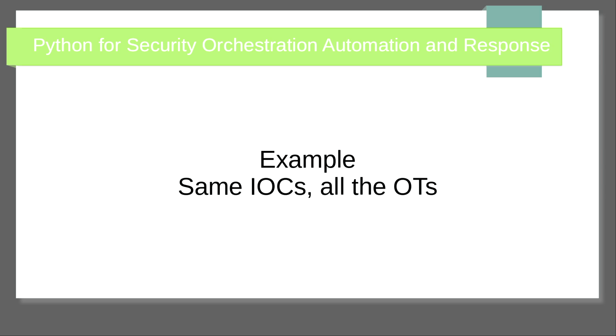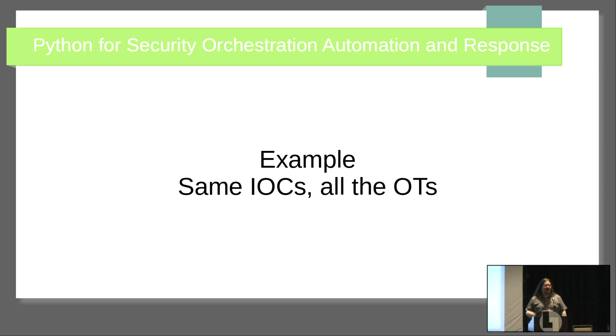So another example is you've got the same IOCs, and you want to send them to all the OTs. For those not aware of the corporate lingo, OT is operational tools, and IOCs is indicators of compromise. So typically you'll get, for example, an IP address, which represents some bad actor, like this is where people are hacking ransomware out of. So you'll want to block that, but you might have multiple different services that you need to block it at. You'll need to block it at the network level for all your switches. You'll need to block it at the network level for all your cloud services, right? So you might have like 2 or 10 or 20 different services that you have to send the same IP